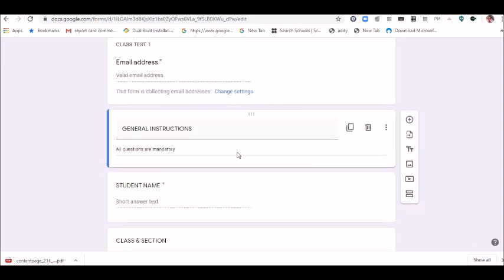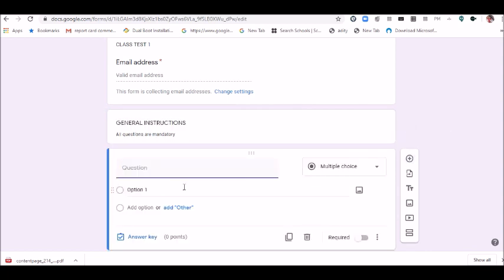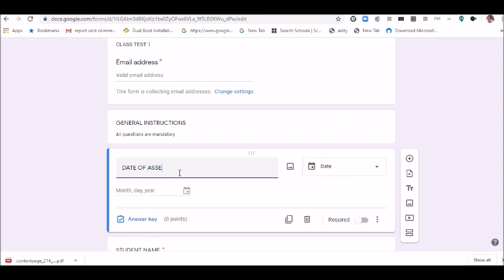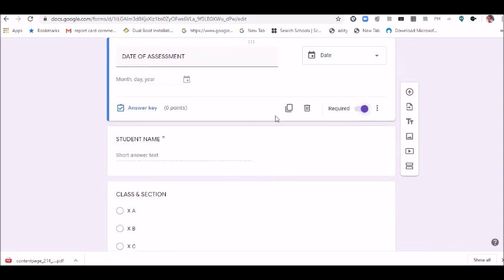Even if you want the student to fill in the date of the assessment, like we basically have filled in on answer sheets, for that you can write here date of assessment, and here I will choose the date data type, so that the student is filling in the date, and I will make this option a required one.